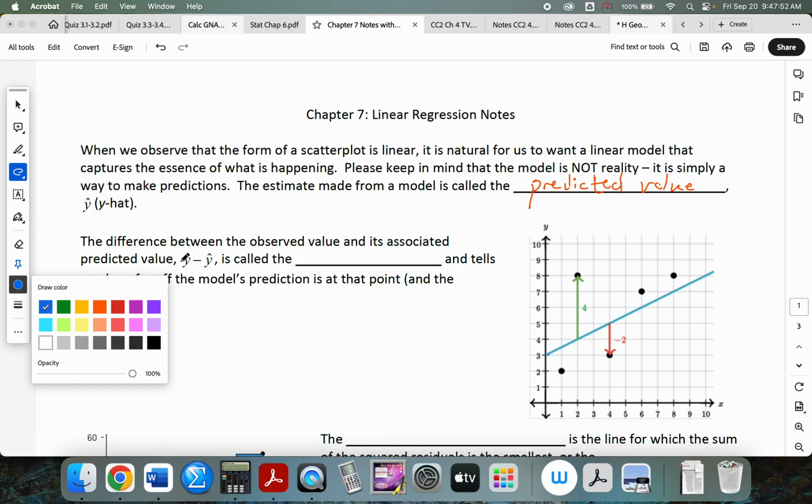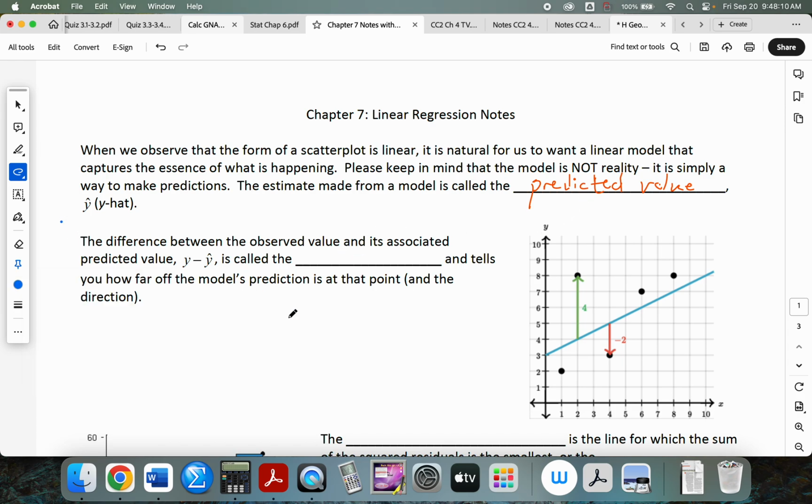Wait, oh my gosh, it's actually called y hat? That's such a simple name. Did the book come up with that, or is that actually what it's mathematically called? Yeah, that's what it's called. In all of statistics, everybody calls it y hat, because it's a y with a hat. That might be the most simple thing I've ever heard in math. You didn't even put pepper. He's ready for that pep rally. So